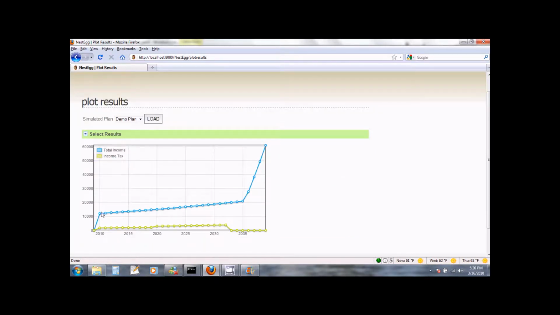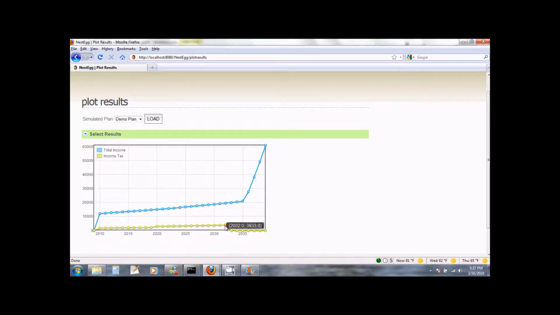So I see here that my income tax was within the range of $2,000 to $3,000, and that is why it did not make a huge impact on the nest egg. The other thing we see is that our income really jumped after the year 2035. This is because we sold the house in this year and moved our money to the money market account, and we earn 3% interest on it every year. So this is what added to our income.